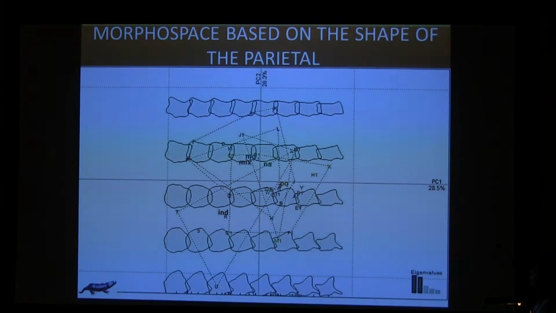This is the shape of the parietals. This is quite unique to the Indian form. As we can see, all the North American, the European and all the forms show a wide amount of overlap, suggesting that the shape of the parietals is not really unique for the European or the North American forms. However, it is to be noted that the Indian form shows very little overlap. Major part of the Indian form is non-overlapping, making the Indian specimens unique based on the shape of their parietals.